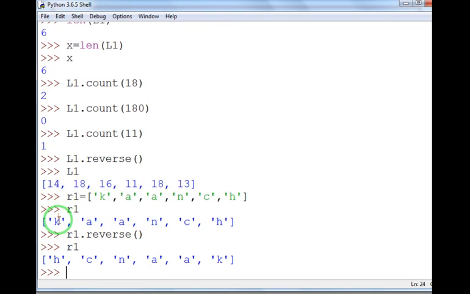Earlier K was having index number 0 in the beginning, now H is having index number 0, C is having index number 1, A is having index number 2 and so on. So this is how we will use the reverse function.